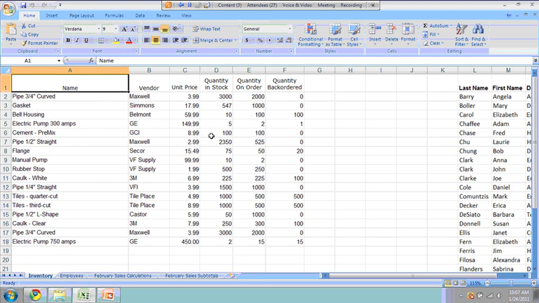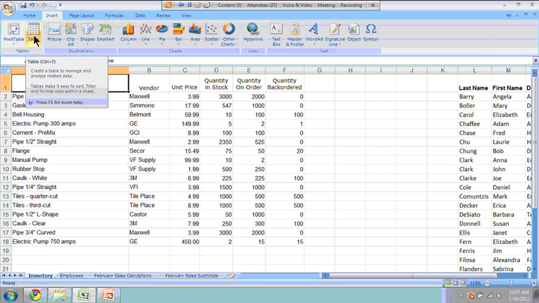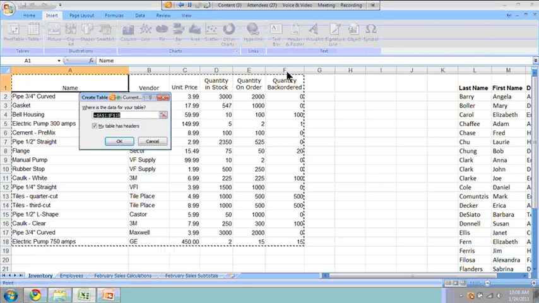Looks good. So the first thing that we're going to talk about is just working a little bit with tables, and it's a quick and easy way to format and also do sorting and filtering and get quick totals. So this information right here, if I want to make it into a table, you just simply click one of the cells. You don't have to select all of them. Just click one cell, go to your Insert tab, insert it as a table. It's pretty smart. It'll grab where the information is located, and then there'll be a little checkbox. My table has headers. It makes an educated guess, and in this case, it does have headers, so I'll just